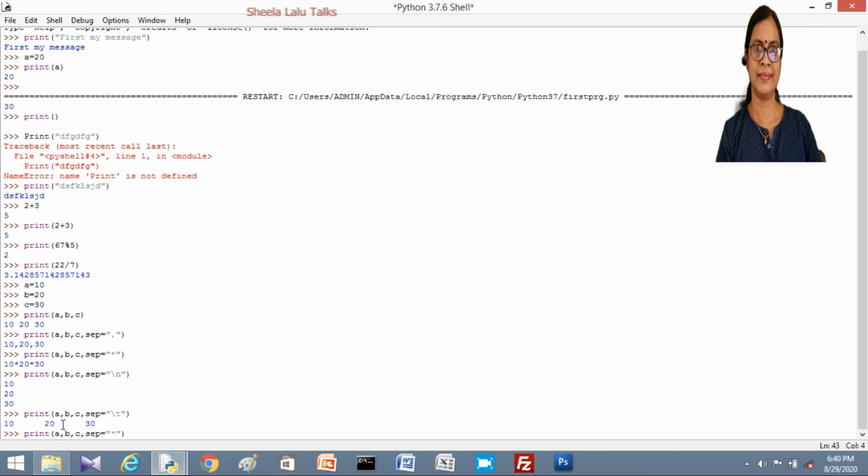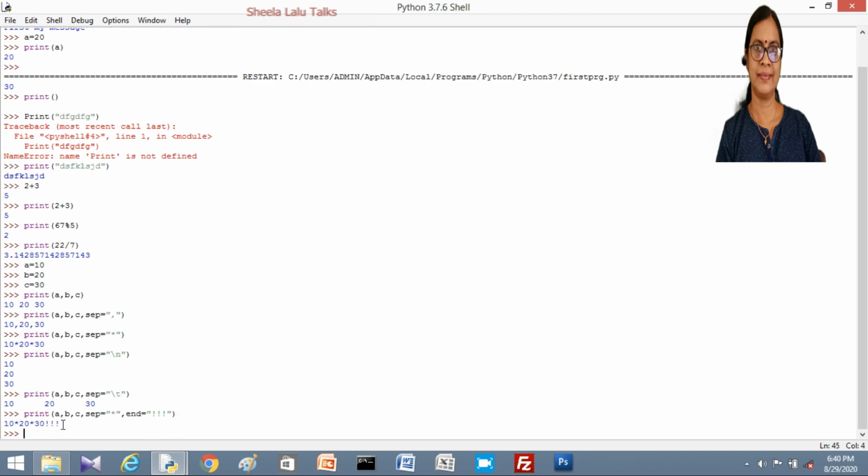Then the third argument is end, comma end also we can use. I am using double quotes. end is equal to, within double quotes, I am using three exclamation marks.